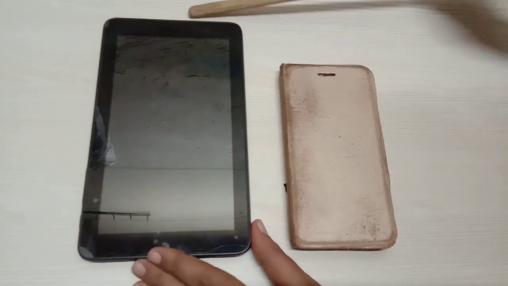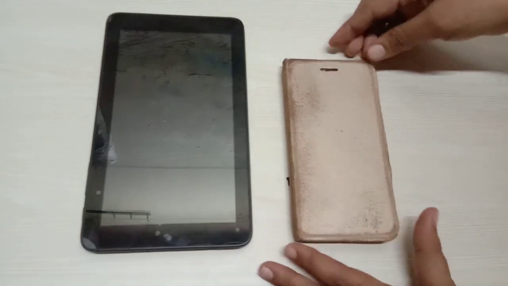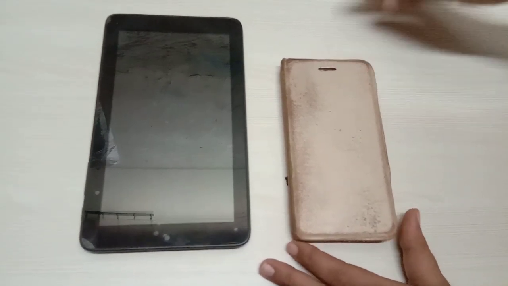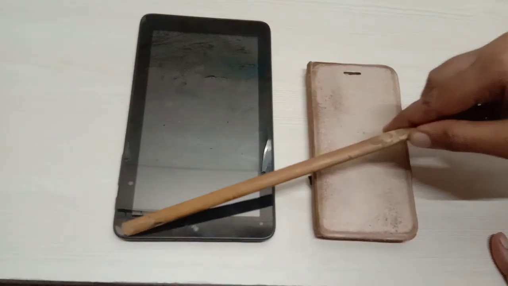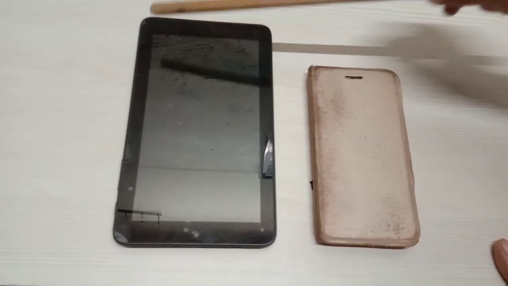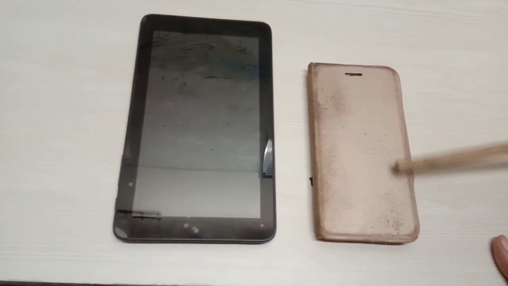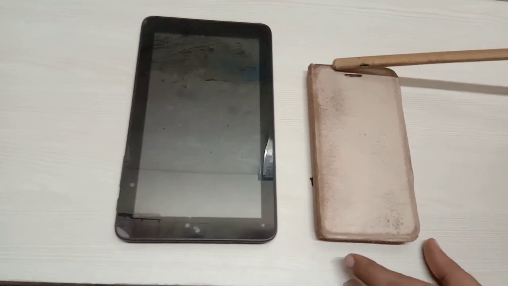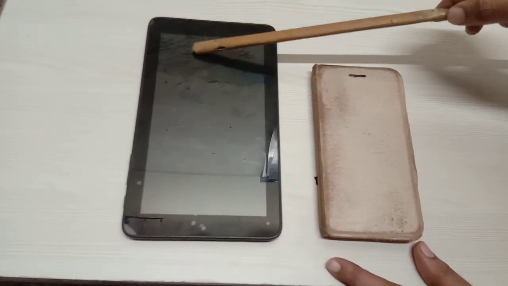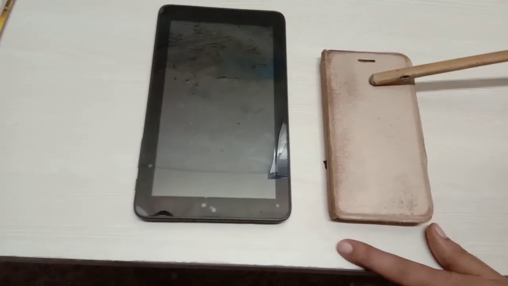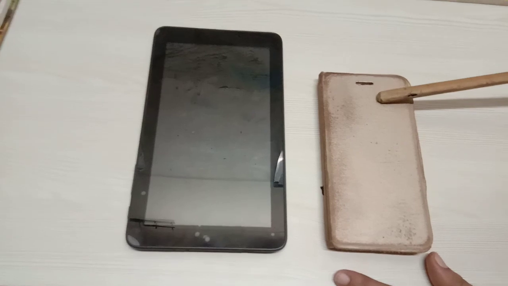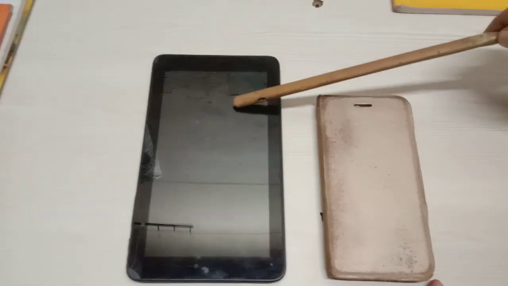Now I have arranged this big mobile phone and this small mobile phone. Now there is some difference between this mobile phone and this mobile phone. What difference? The screen of this mobile phone is big and the screen of this mobile phone is small. So we can say that this black color mobile phone is big in size and the brown color mobile phone is small in size. This is the big mobile and this is the small mobile.